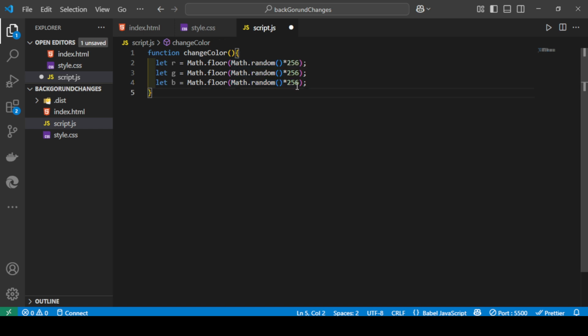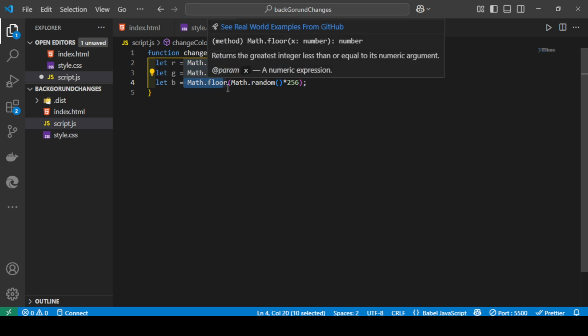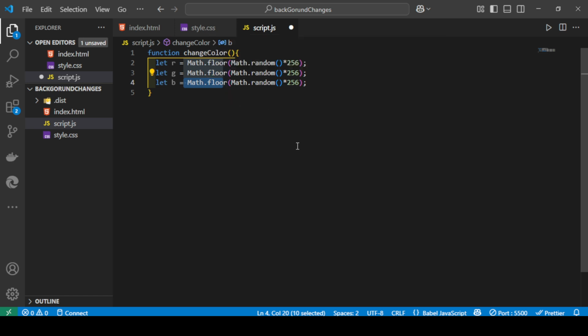Now, math.random multiplied by 256 makes it a number between 0 and 255.99. Now math.floor removes the decimal part, giving a whole number between 0 and 255. For example, R is equal to 120 or G is equal to 200, B is equal to 50, random every